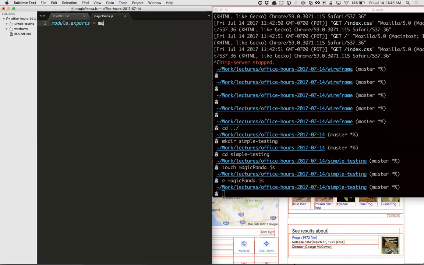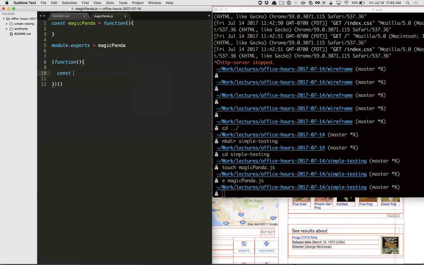module.exports equals Magic Panda, right? And let's say Magic Panda is a function that does something, and I want to write some tests for it, right? One way we can do this, and this is kind of an old school way, without any framework or anything like that, is we can just put tests at the bottom of the file for the thing that we're writing. So we can just come down here and put a break here and just do some tests. So I'll probably do some tests inside of an IIFE, right? So that I can have some private variables in here just for the sake of testing, right?